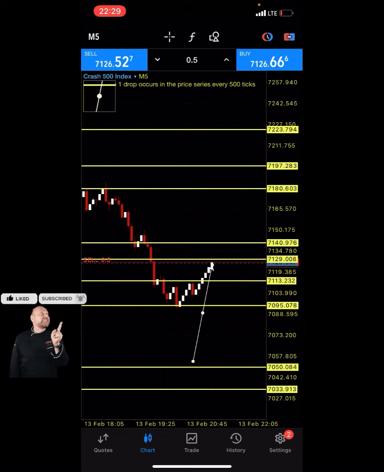Now when you take your entry, you always want to make sure that you apply your risk management. You don't want to risk more than you can afford. So you always want to take note of the lot size you're using according to your account size. If you take your entry around any